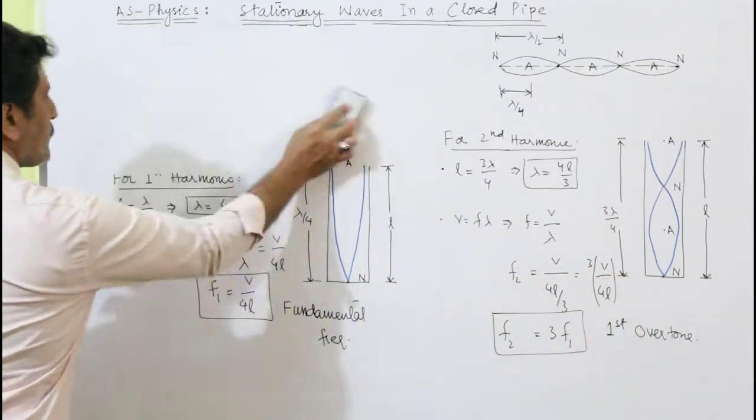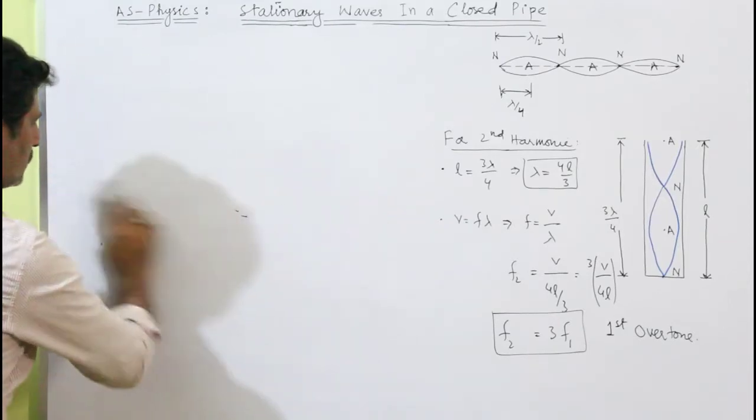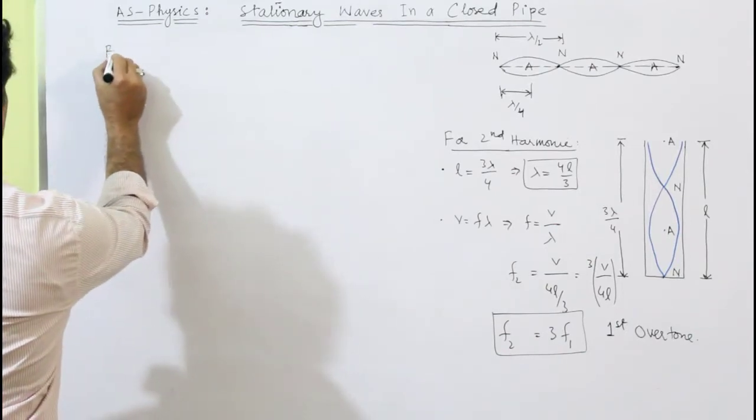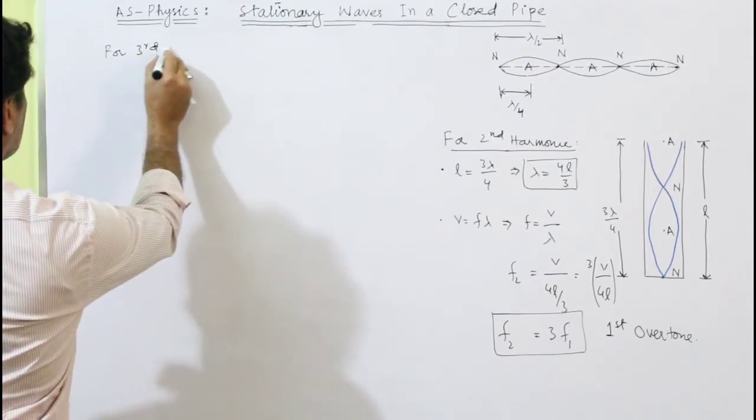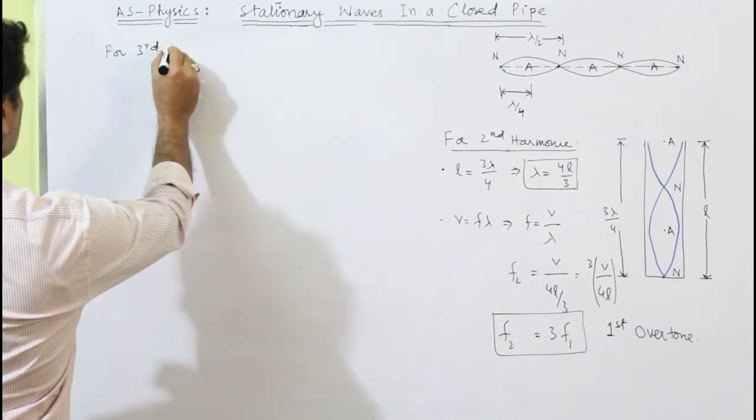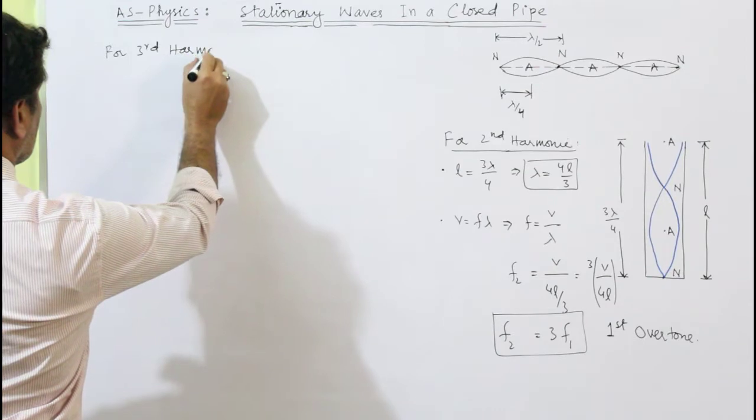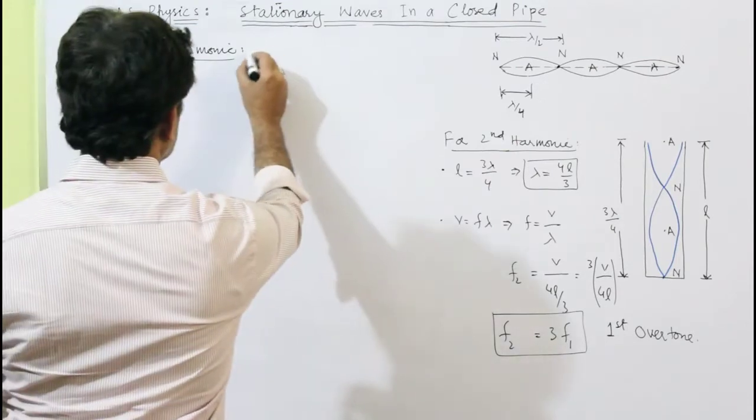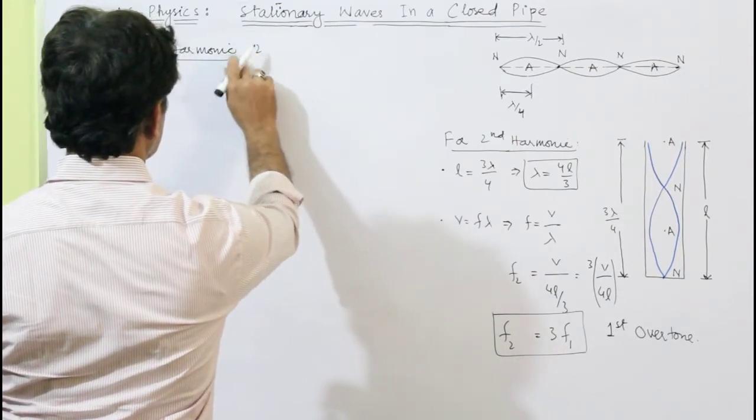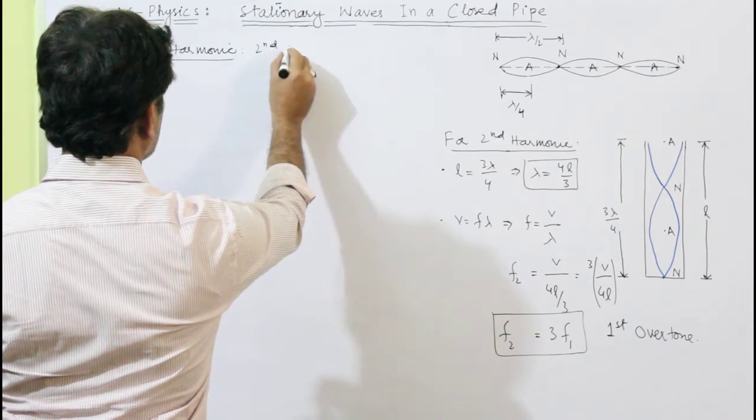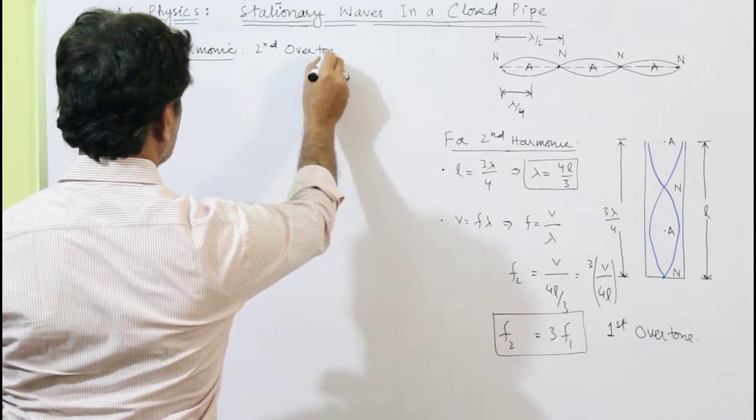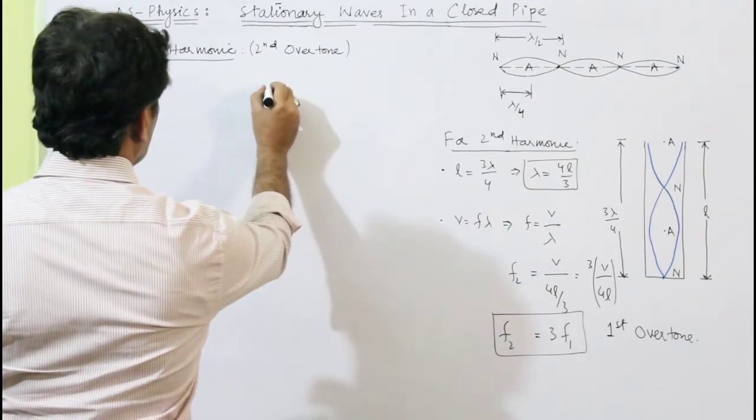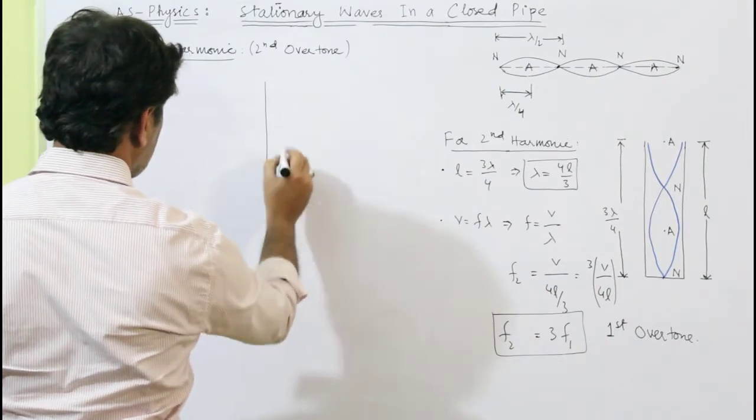Now students, we will discuss the third harmonic. This third harmonic is also called the second overtone. To show the third harmonic in the stationary waves in a closed pipe,